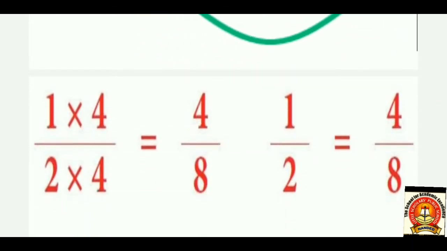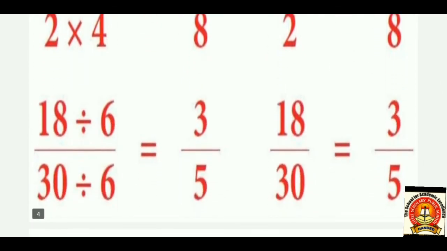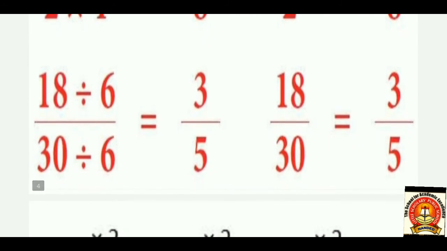Here in this example, 1 by 2 is my fraction, and now I choose 4 to divide and multiply this fraction by. So here I got 4 upon 8. So I can write 1 upon 2 is equal to 4 upon 8. These are now two equivalent fractions. One more example of equivalent fractions.